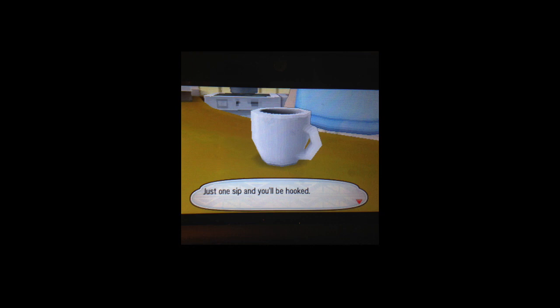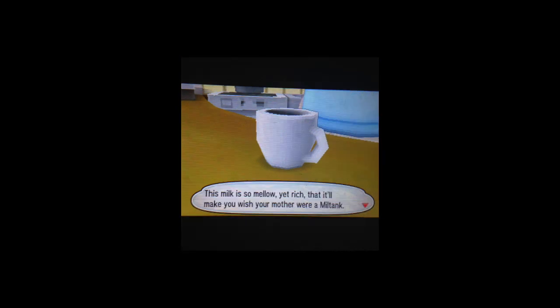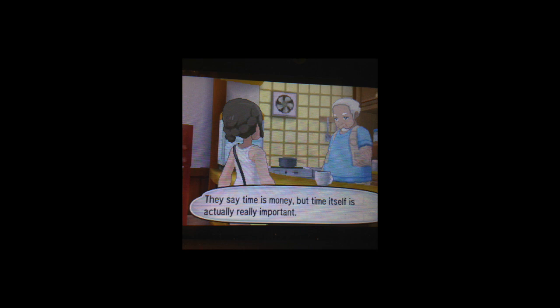I've also been playing every Pokemon since the beginning, so it's a yearly ritual for me. In this iteration of Pokemon, there's a new thing. There's a coffee station at each Poke Center throughout the game. When you order a drink, the barista talks to you. At first he said pretty basic stuff about coffee, like just one sip and you'll be hooked, but eventually he zooms out to say coffee is important in this philosophical way because